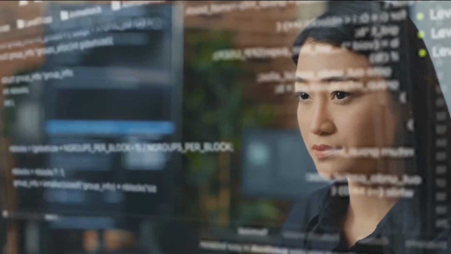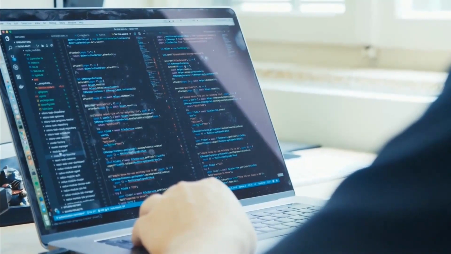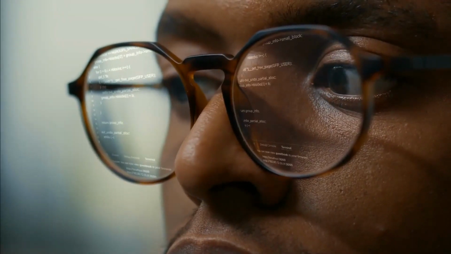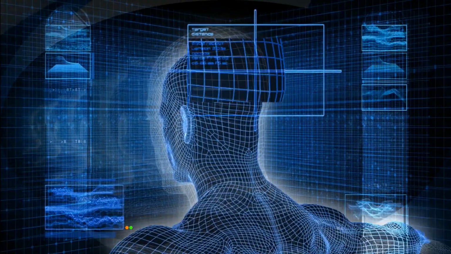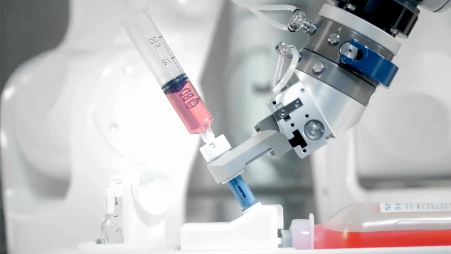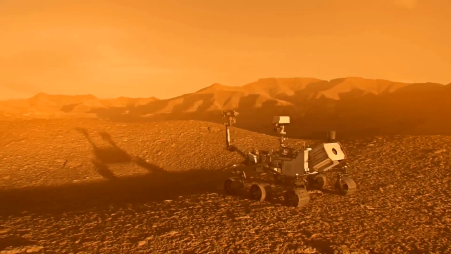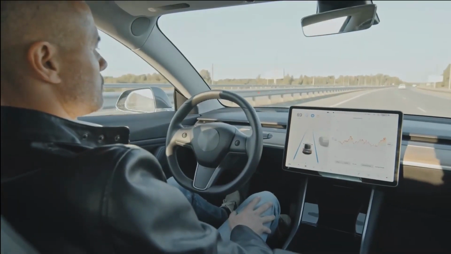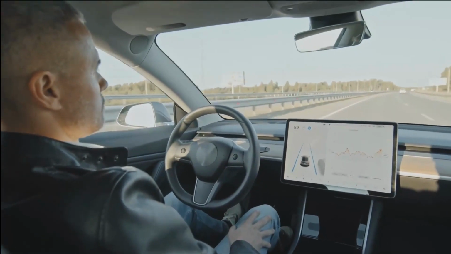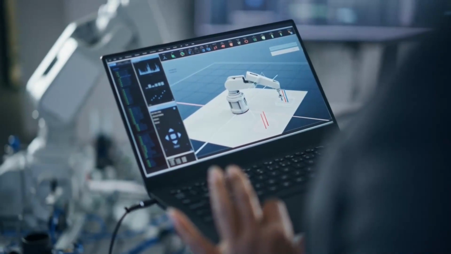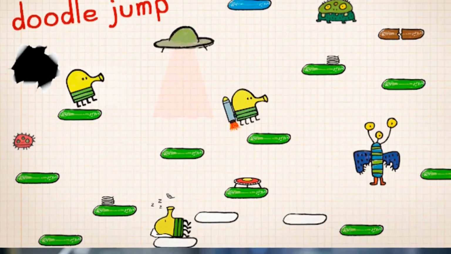So what's so cool about programming? Well, it depends on what you think is cool. Because, as it turns out, you can use programming for almost everything. Programs control robots that can take care of patients, and my favorite is robots that can roam around Mars and look for water on the surface. Programs help self-driving cars know how to turn, which is pretty essential. Programs help doctors cure diseases by processing vast amounts of medical data.